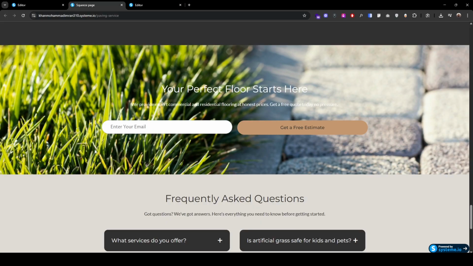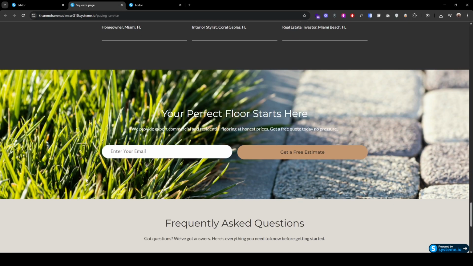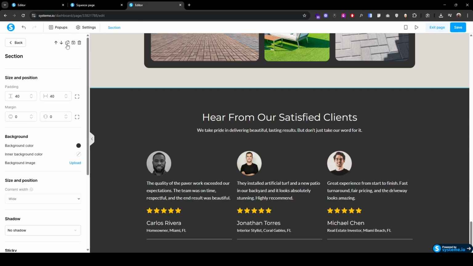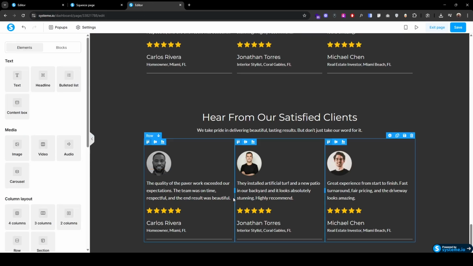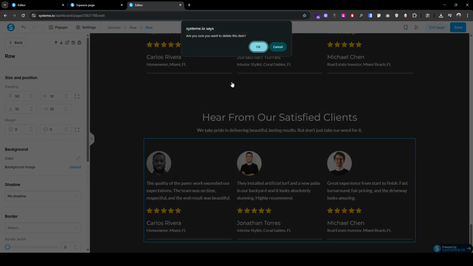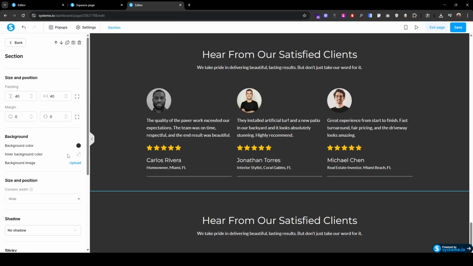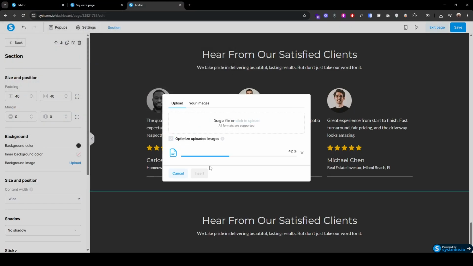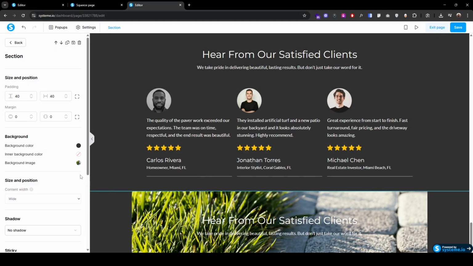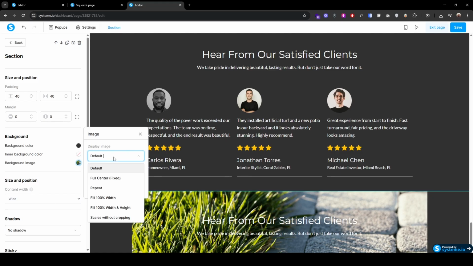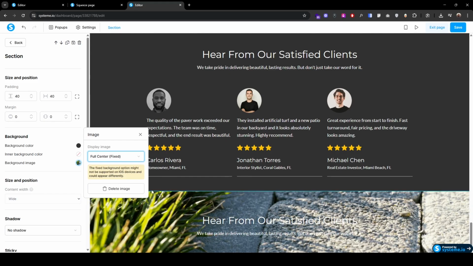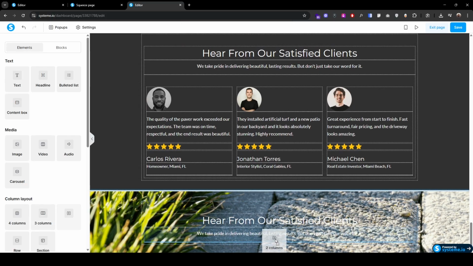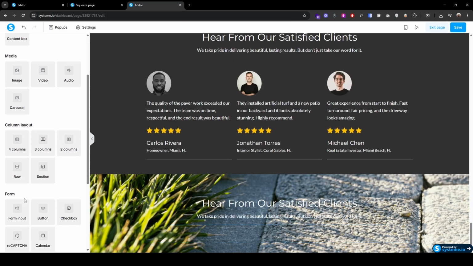Let's create this fixed image section. As you can see, the image is fixed. So to do this, click this section, duplicate it, then create this row, click this section, background image, click to upload this image, insert, and then click here, display image, full center fixed, like this. Now click this back button, add 2 column layout, drop it here, scroll down, drag this form